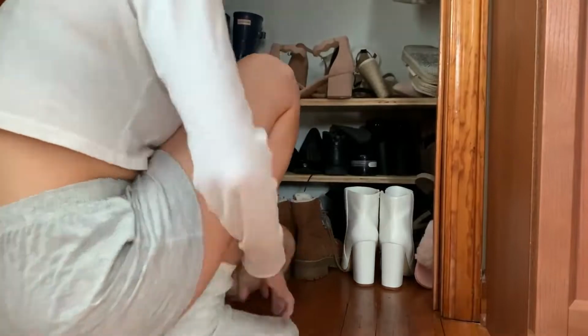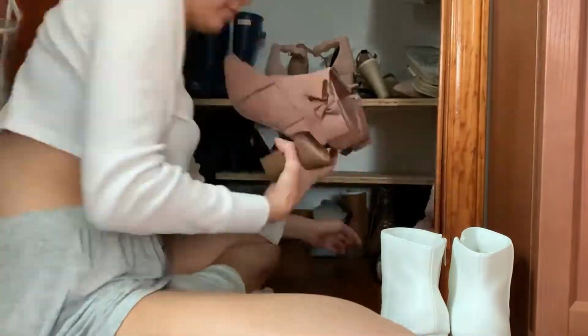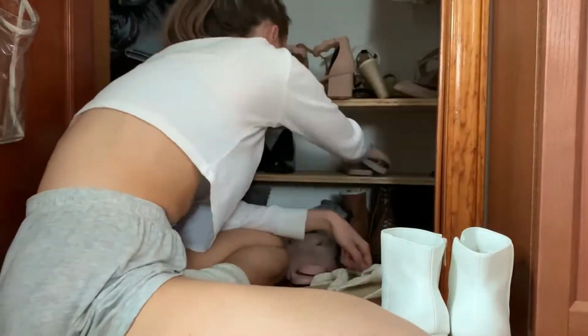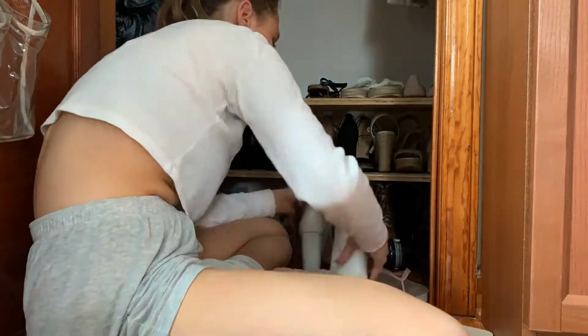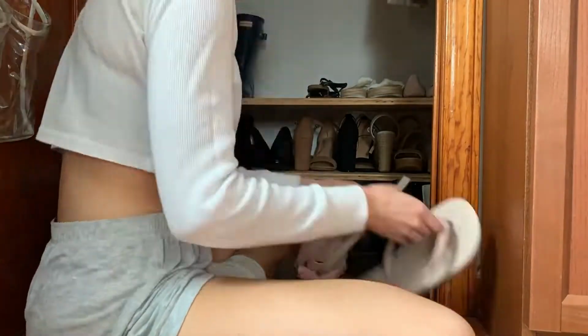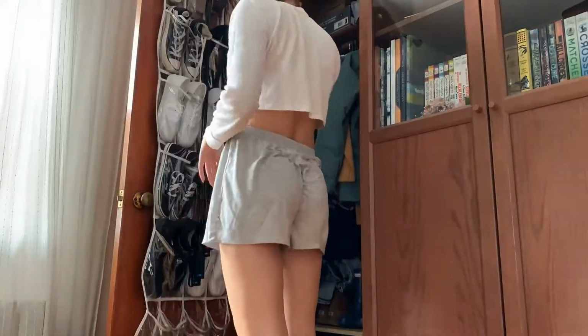All right, now it was time for the shoes. So I have a lot of shoes, and I haven't really worn most of these because of COVID, so I haven't really been going out anywhere. And if I was going out, I was just wearing my Vans or my plain black combat boots, just because I wasn't going anywhere fancy, just outside for a walk. So here I just went through everything,